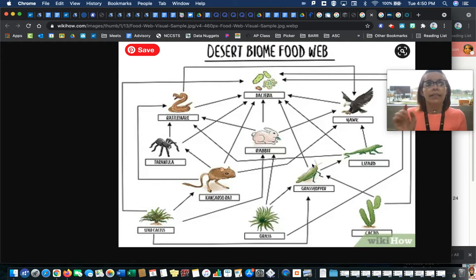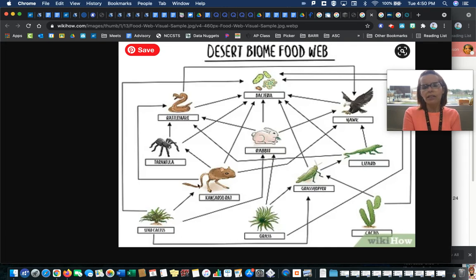Well, the arrows, this is important. Make sure you know what the arrows mean. Pretend that the arrows are pointing into the next animal's mouth. That way you know who's eating whom. So the rabbit has an arrow pointing to the rattlesnake, and it has an arrow pointing to the hawk. And it has an arrow pointing to bacteria when it dies. The bacteria are decomposing them. So that means that they are food for rattlesnakes and food for hawks. If the rabbit population is severely disrupted, that's going to totally impact the rattlesnakes and the hawks. Well, now the rattlesnakes eat two other things.